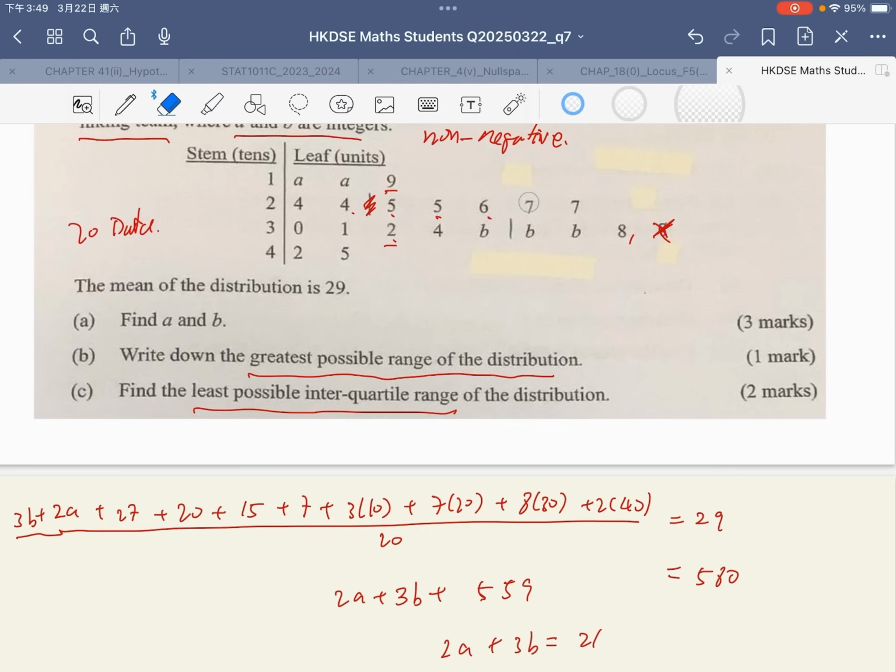Let me see. This is not. I erased it. This. But actually,